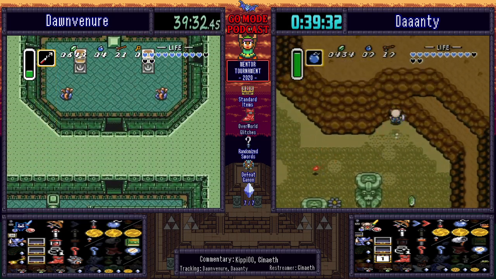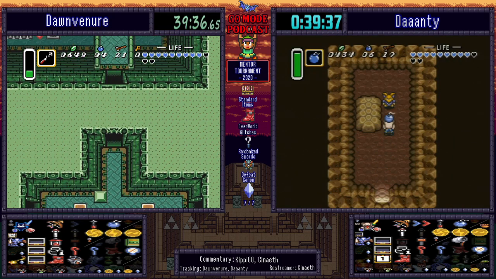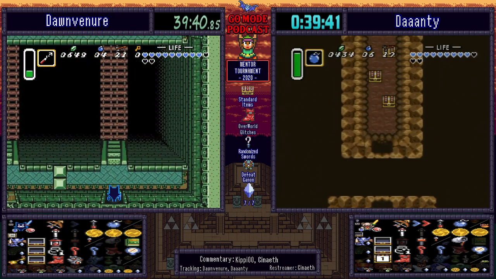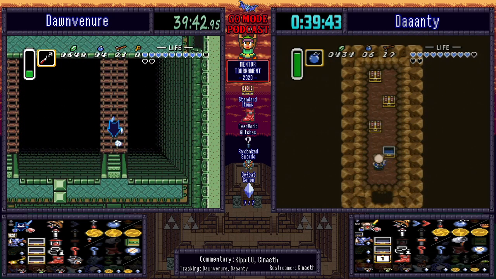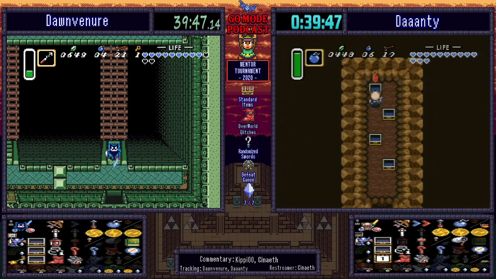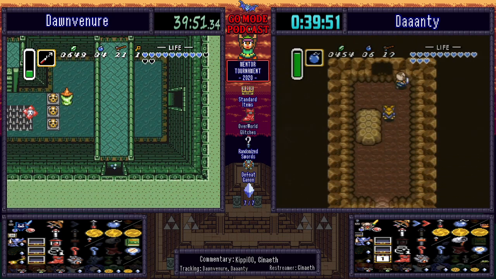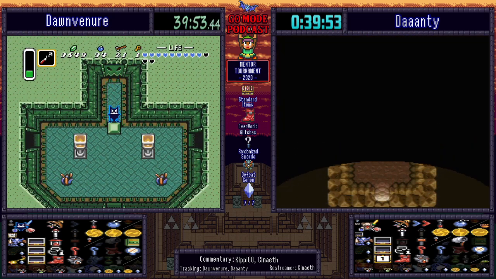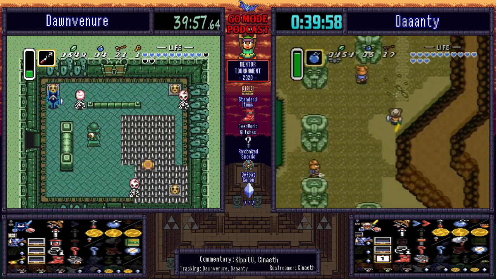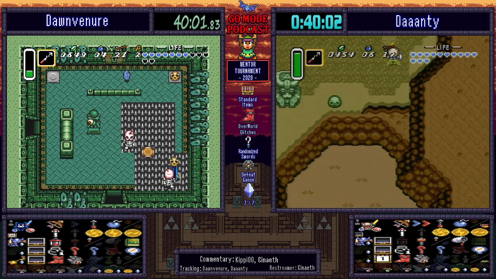Daaanty will be needing glove, which he'll be getting very very shortly, and he'll be needing an ice rod. So, but honestly, I could definitely see Daaanty going Ice Palace right now. Yeah, Daaanty has everything they need to go through Ice Palace and just get it out of the way. They're right here. There's a really easy clip to get to Ice Palace from here, so, I mean, no reason